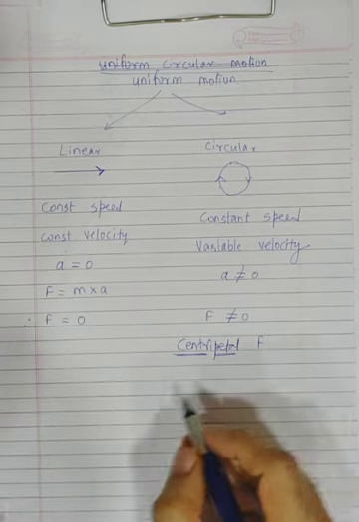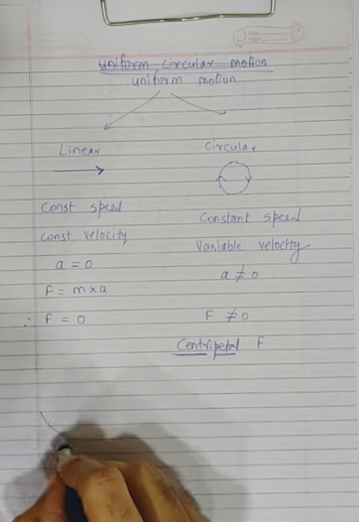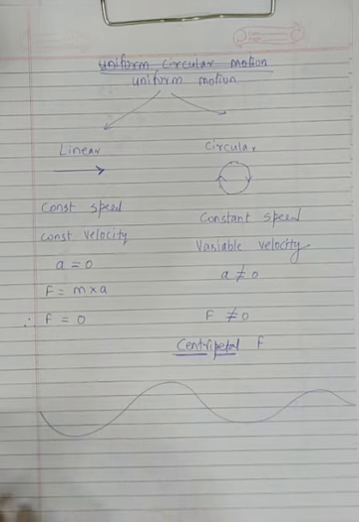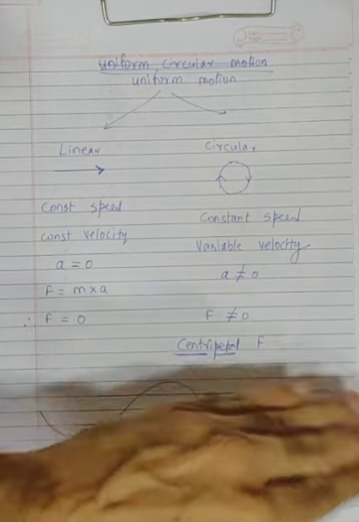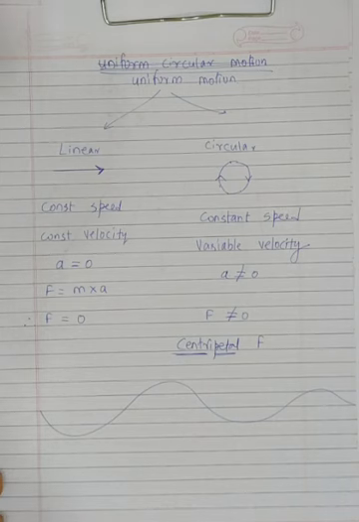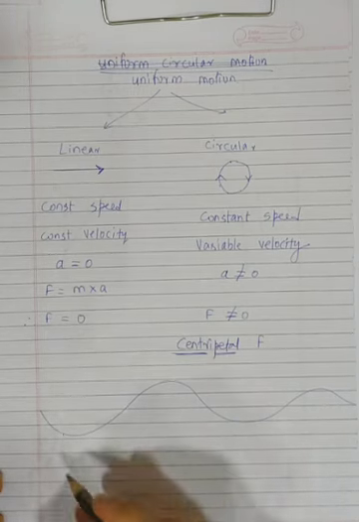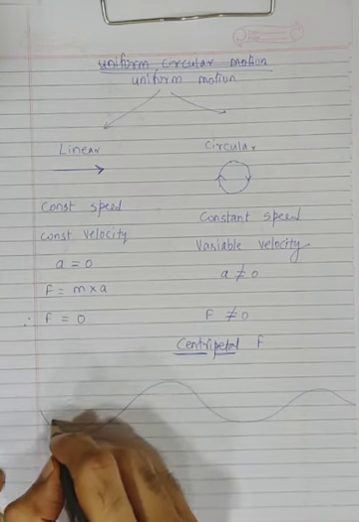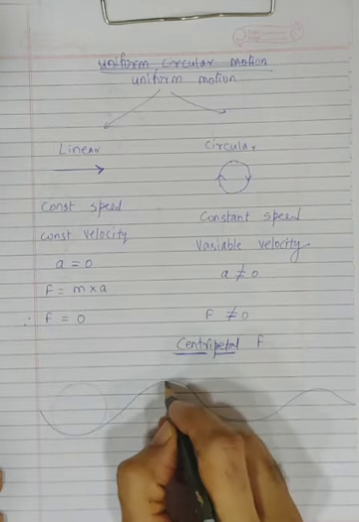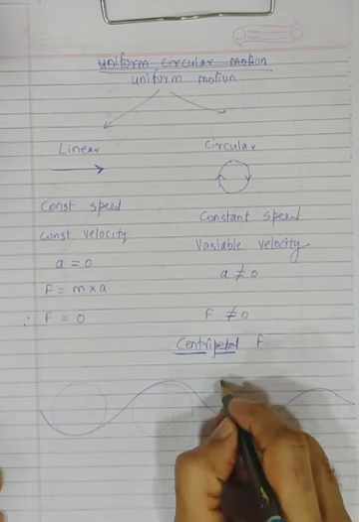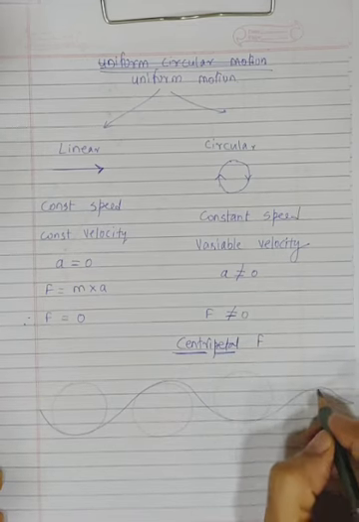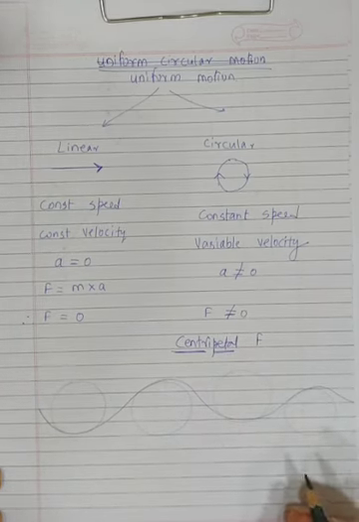It means what? That if you're moving, let's say for example, this is the motion of the car. On a straight road, a car is moving this way. Now you can see it is not moving in a perfect circle, because every time your car will not go in a perfect circle. But this arc forms a part of some circle, correct? So everywhere it's a part of some circle.